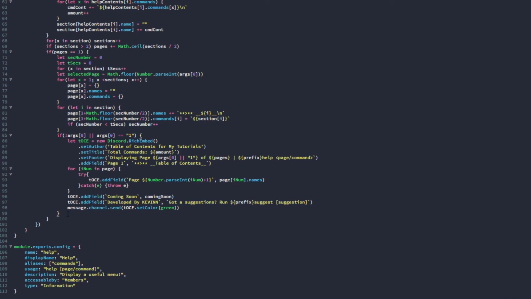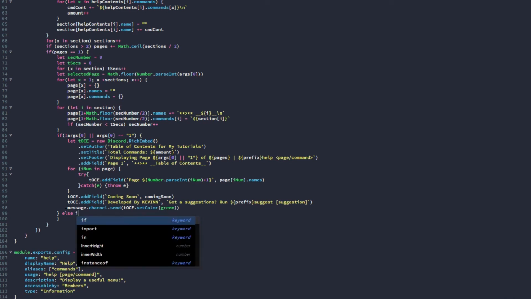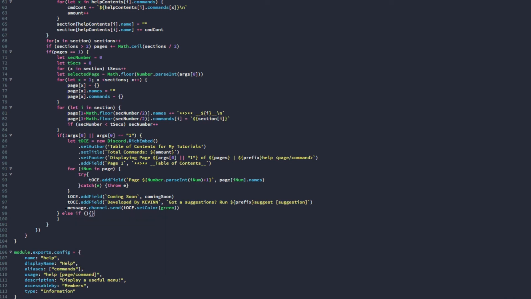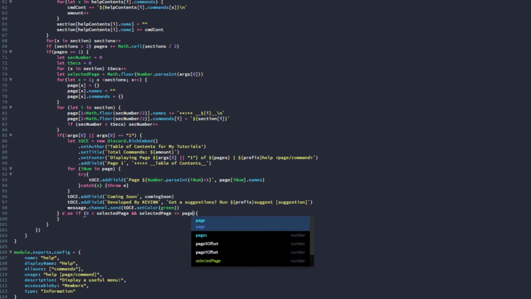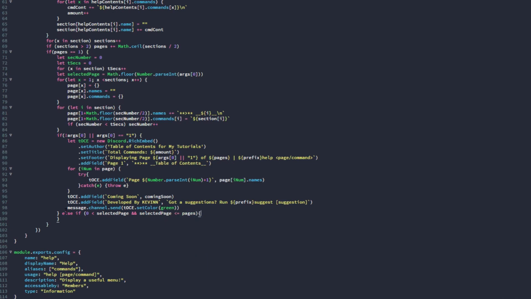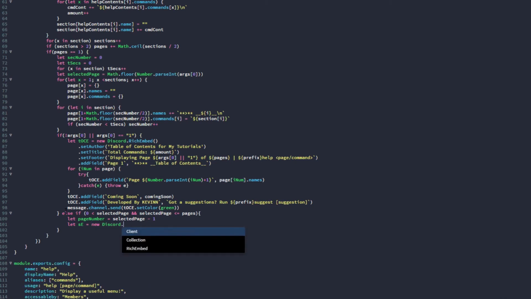themselves. So we're going to need to do else and, oh, nope, we need to do an else if. Else if 0 is less than selectedPage and selectedPage is less than or equal to pages, then we're going to let pageNumber equal selectedPage minus 1 and let SE equal new Discord.RichEmbed